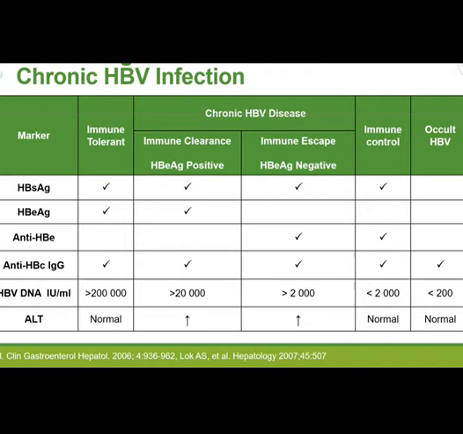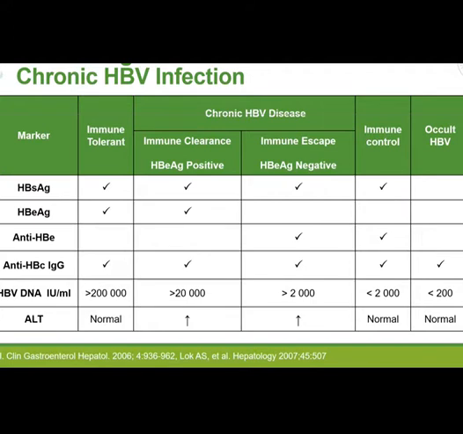In the immune escape stage, the virus tries to avoid the immune system. So these are the patients whose E antigen is negative, as you can see, and they have antibody, and suddenly their DNA level starts soaring up because of a genetic mutation, and so E antigen is not there. The immune system cannot recognize it, and the DNA is increasing. And these are the patients who have elevated ALT.